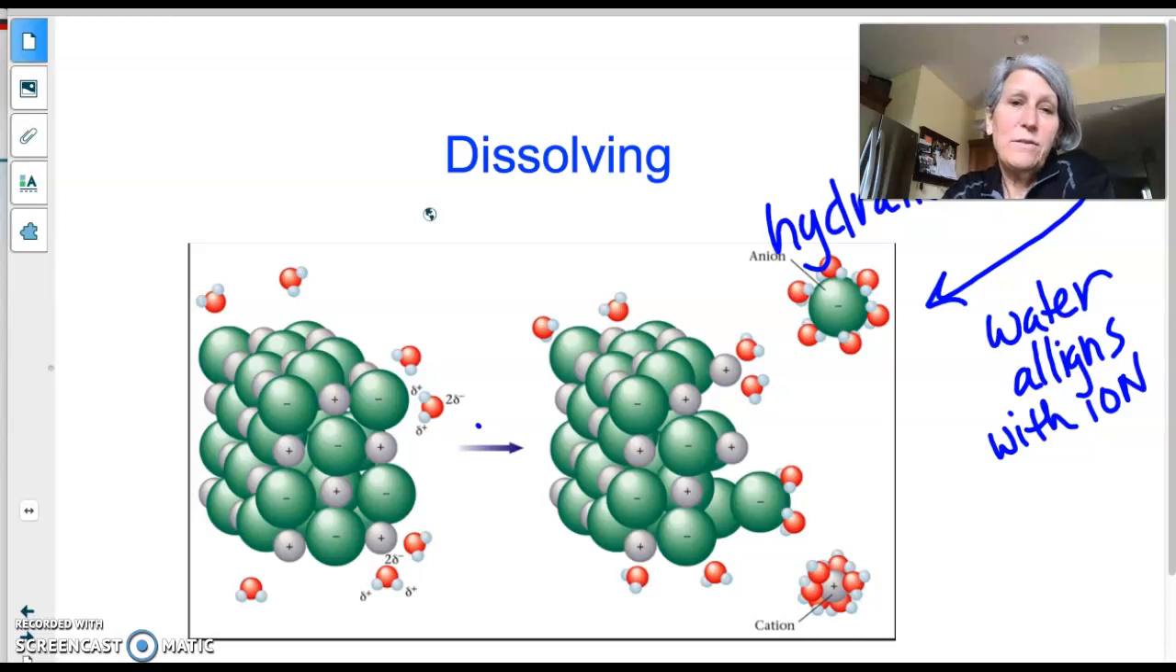Hello, Honors Chem students. I want to talk a little bit about the dissolving process that you watched in the earlier video, and that you also read about, as far as what happens when the water molecules are in contact with the solute. So the solvent in this case is the water molecules,